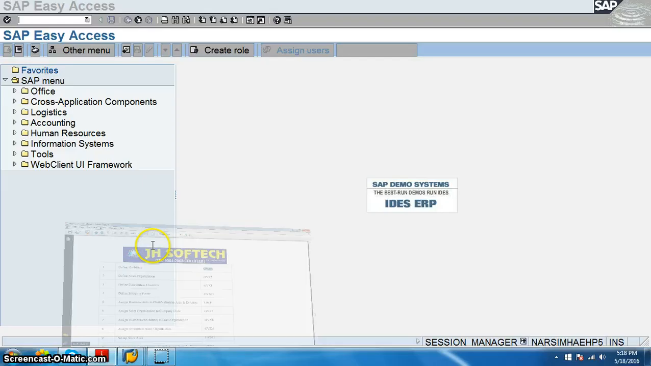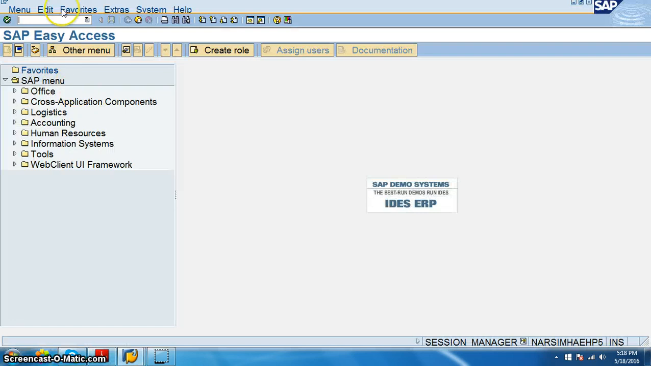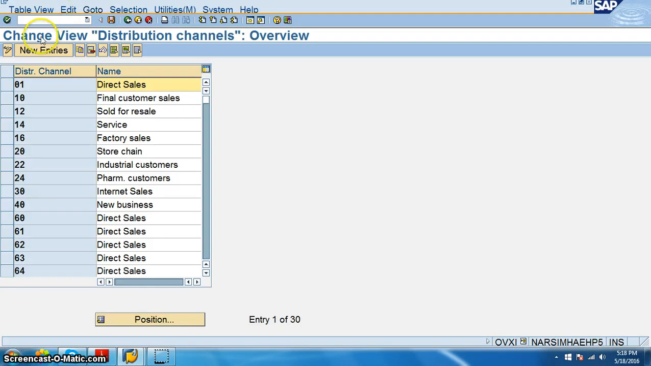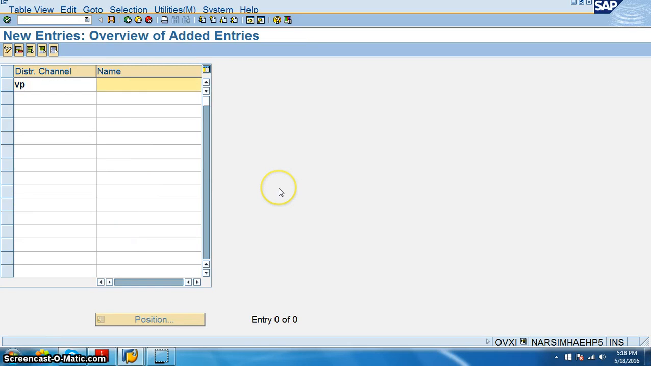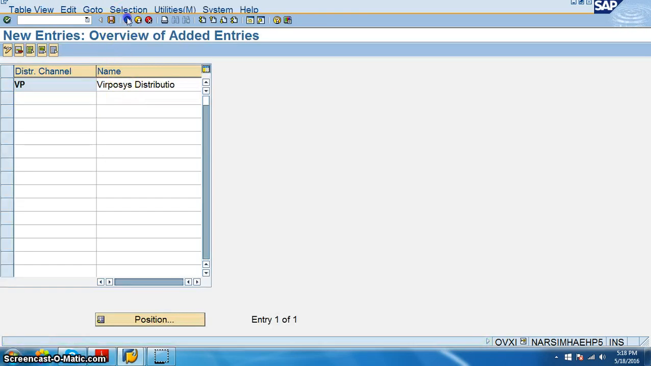Then we'll go ahead with the sales organization VPRO that was created. Distribution channel OVXI. OVXI is for distribution channel, and in this we are going to go for new entries. Here also I'm keeping it as distribution channel, and also I'm keeping it as VP. So we process distribution channel, save, say okay, back,